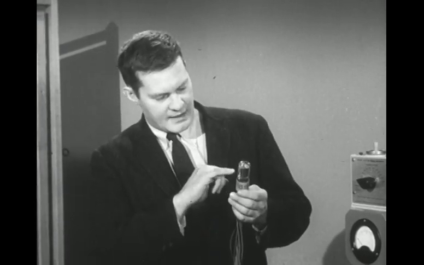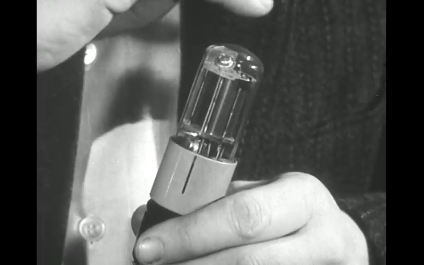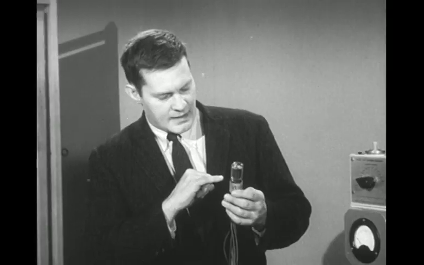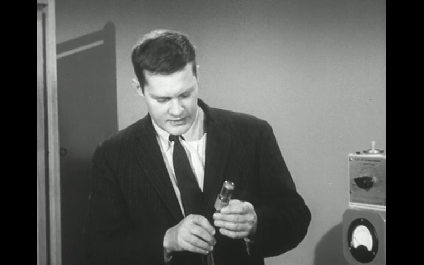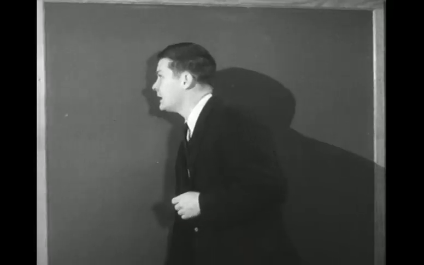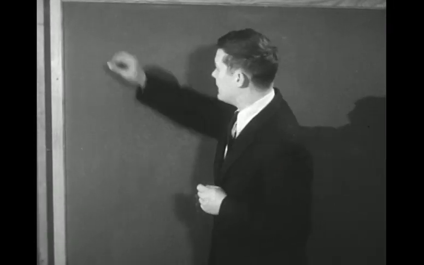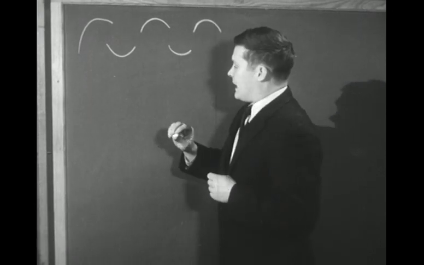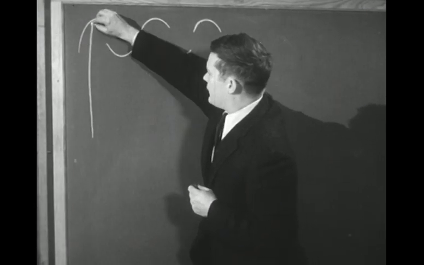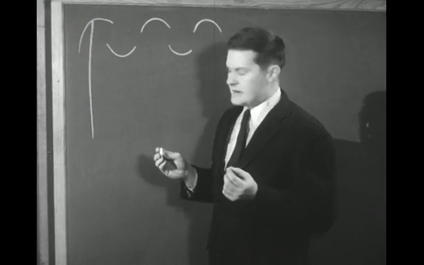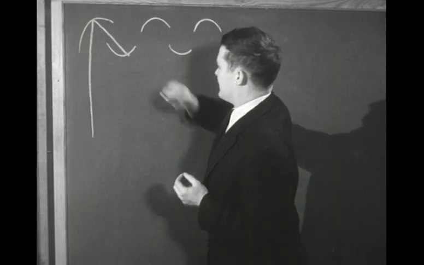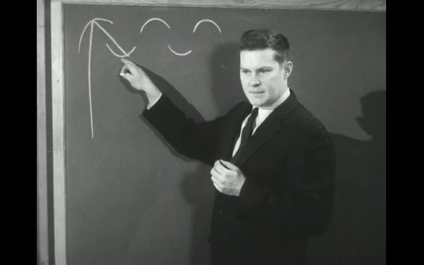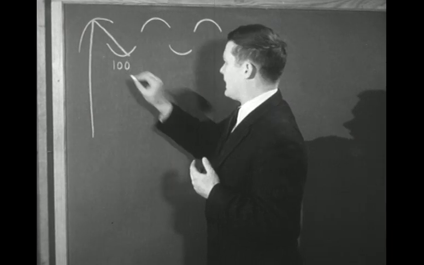Now, we can use a photomultiplier, which is a photoelectric cell with an amplifier built into the same bulb. Now, you can't see how it works here, but I can show you on the blackboard. It consists of a number of plates, something like this, and the light comes in and strikes the first one, and some electrons are emitted. Here's one, for instance. It's attracted to this plate by a voltage of perhaps 100 volts applied to it,